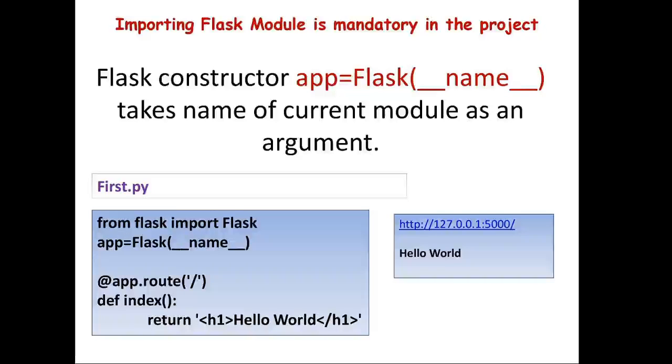So this name was taken as an argument for the FLASK constructor. This was the example: first.py, the name of the Python application, the name of the FLASK web application. Then these are the commands within it. From FLASK import FLASK, this is mandatory. Then app is equal to FLASK(__name__),